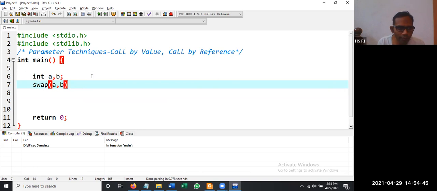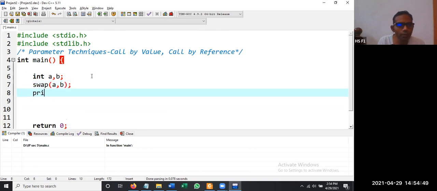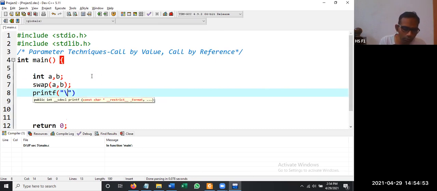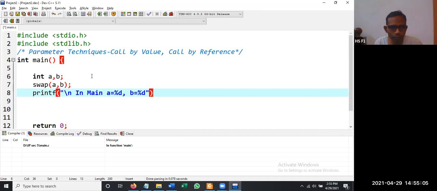This function is going to swap these two numbers. Then we printf a is equal to %d comma b is equal to %d, in main, with a comma b.